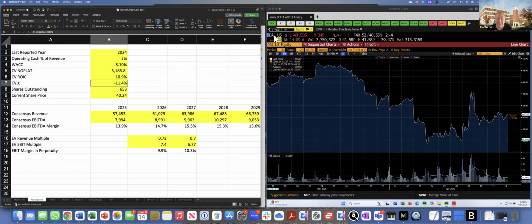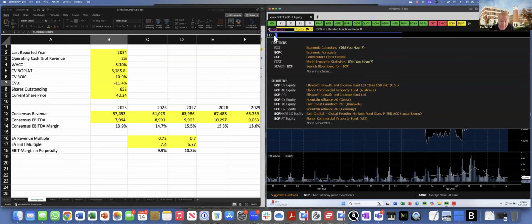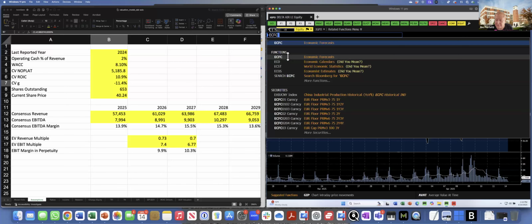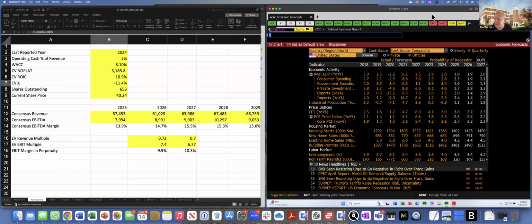ECFC, the average probability of recession as of right now is 30%. But some of the banks, including Goldman, are at 50, right? And I'm just saying, with the stupid Trump tariffs,